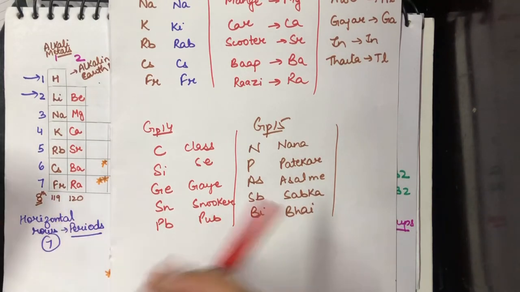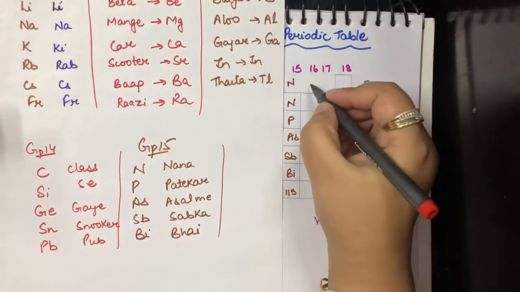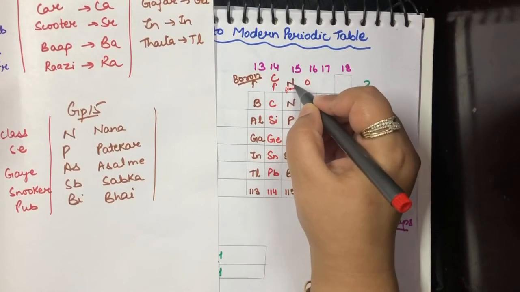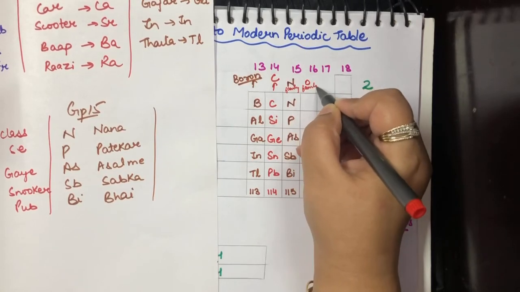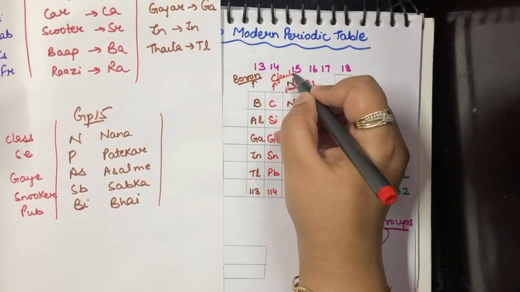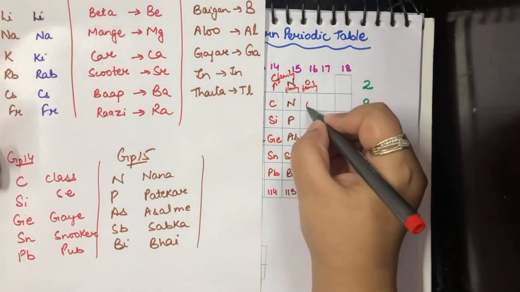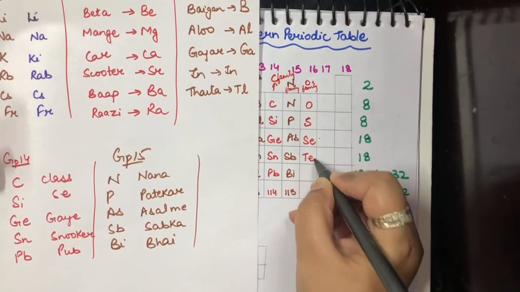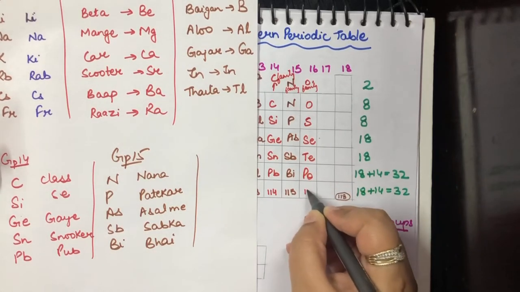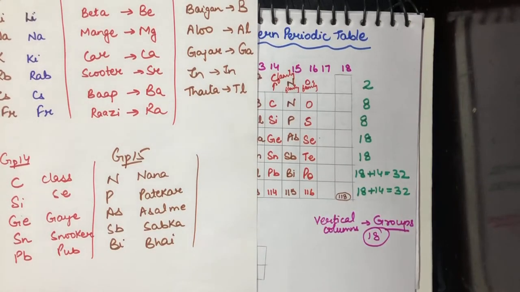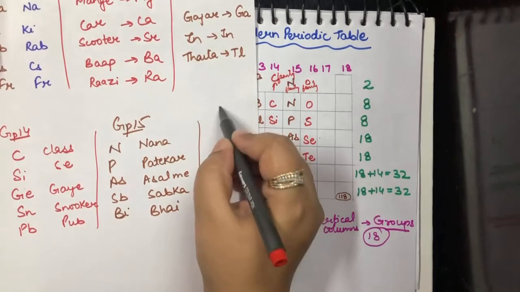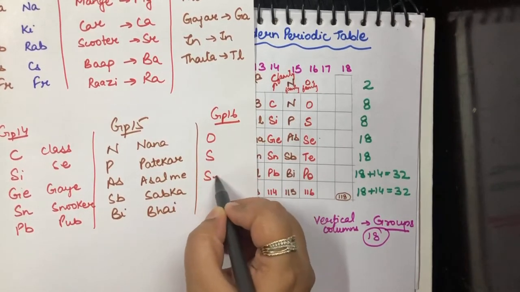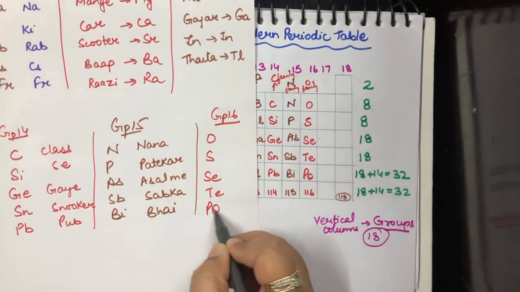Now let's come to group 16. Group 16 is your oxygen family. I'm just writing the name of the family here, I'm not writing the elements here. The position is where I'm beginning it afterwards. So it is oxygen, sulfur, selenium, tellurium, polonium, and this is going to be 116. So if I write group 16 here, it is going to be oxygen, sulfur, selenium, tellurium, and polonium.